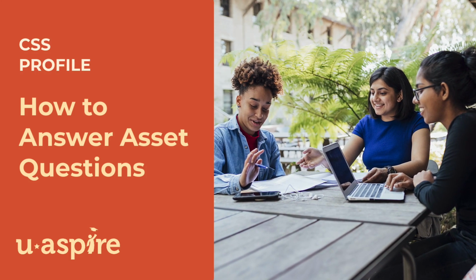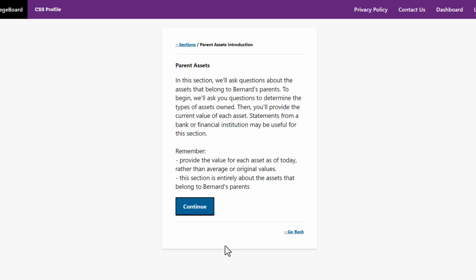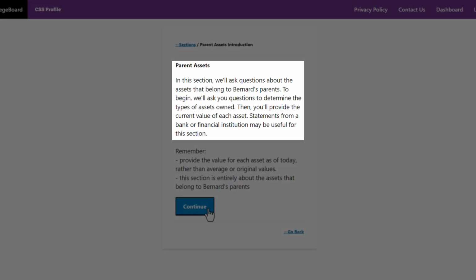There are two asset sections on the CSS profile. There's one for parent assets and one for student assets. Before completing the asset section, make sure you are in the correct section. When you enter the asset section, it will provide a brief overview of whose assets should be included and a